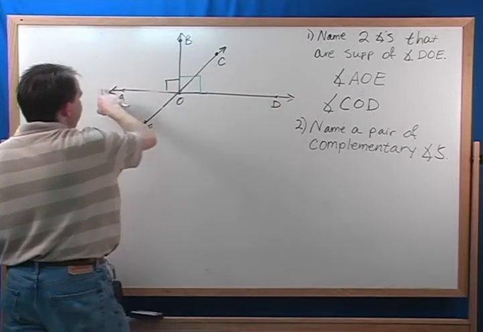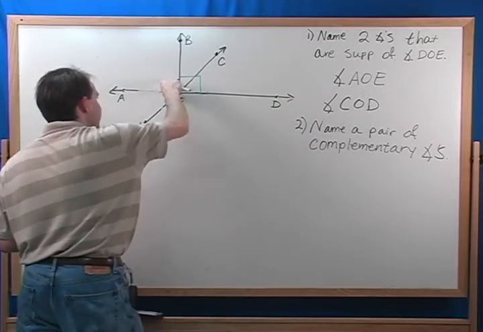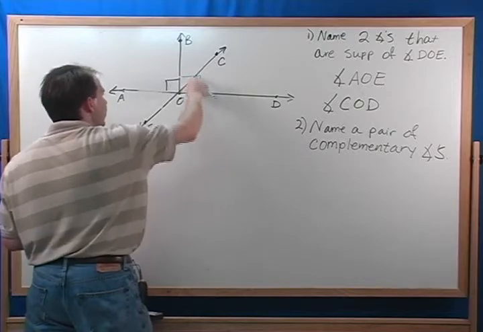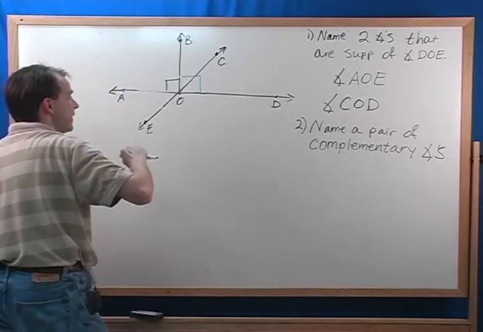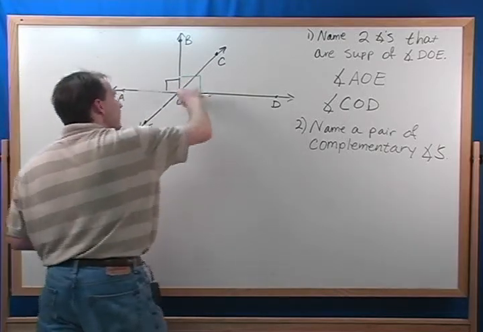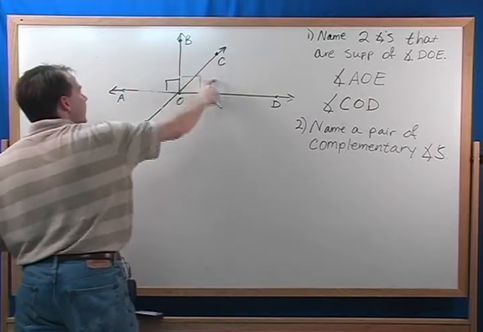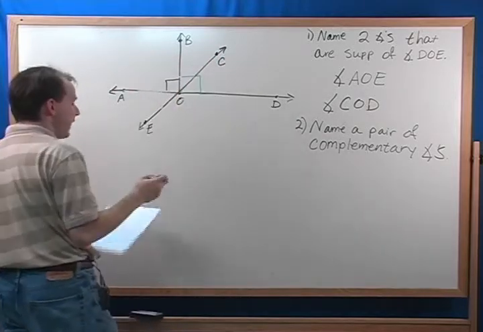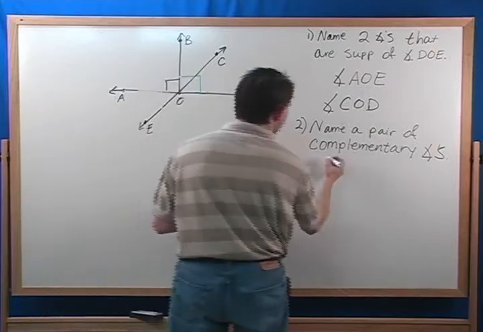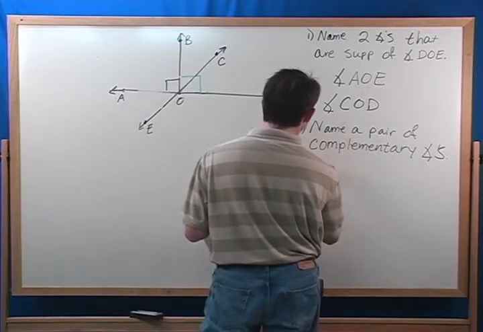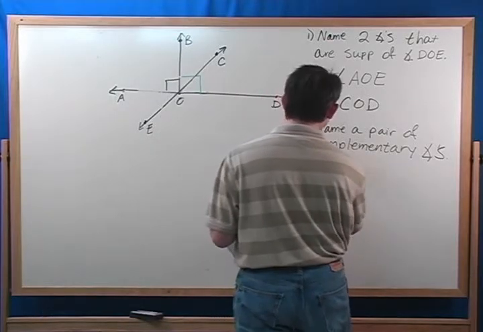So this is 180 degrees, and this part of it here is 90 degrees. So this part all the way over here must also be 90 degrees. And since this is 90 degrees, and this angle splits it up, then these two angles here have to equal 90 degrees when you add them together. So the two angles that are complementary are angle BOC